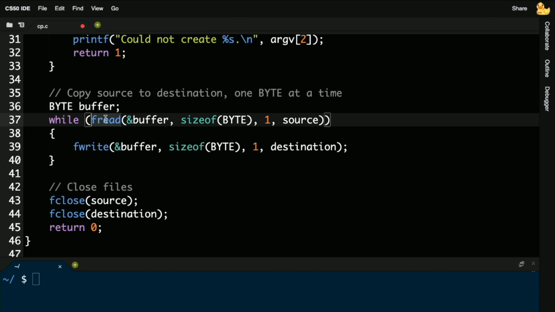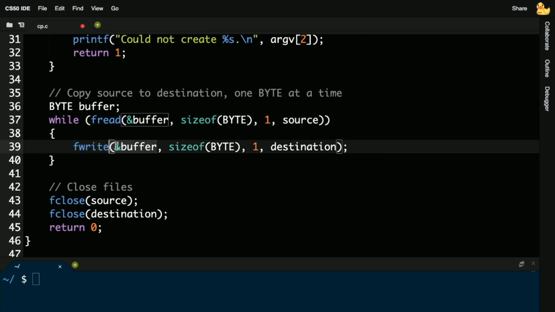I'm giving myself a buffer of 1 byte, so just a temporary variable, just like Brian's temp or empty glass. And I'm using this function fread. I'm reading into that buffer via its address the size of a byte, specifically 1 byte, from the source file. And then in that same loop, I'm writing from that buffer the size of a byte, specifically 1 byte, to the destination. So literally, the cp program you might have seen me use or you yourself have used to copy files is literally doing this. It's opening one file, iterating over all of its bytes, and copying them from source to destination. And then lastly, it's closing the file.